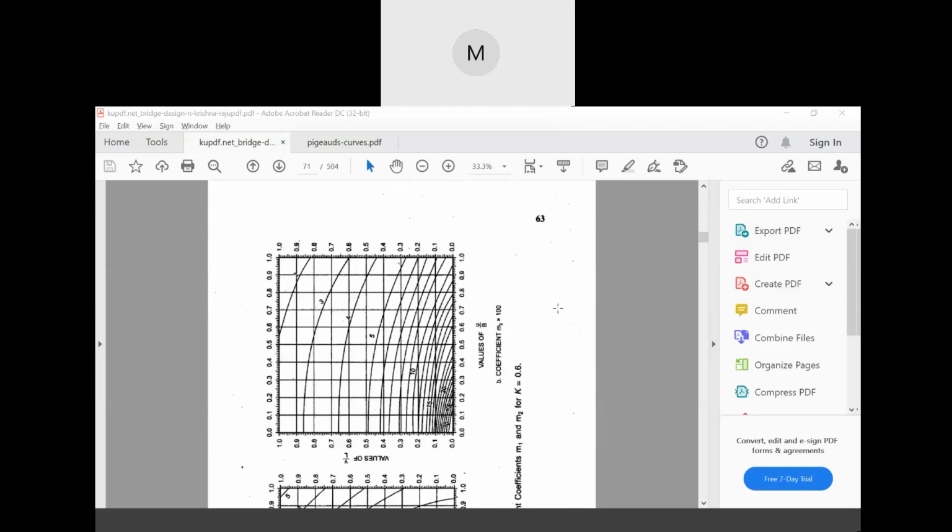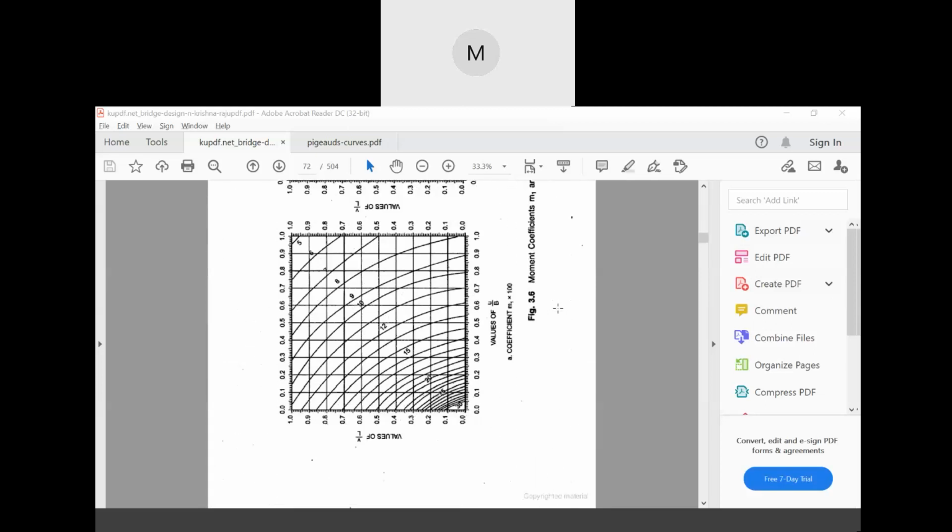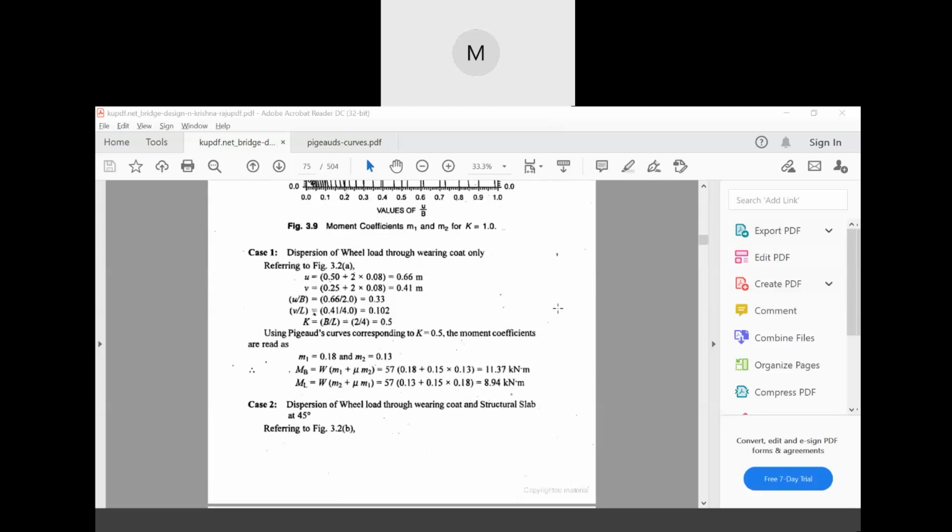So now we'll have the next part of this numerical. This is only one part. Now dispersion of wheel load through wearing coat and structural slab at 45 degree. Now for dispersion of wheel load through wearing coat,